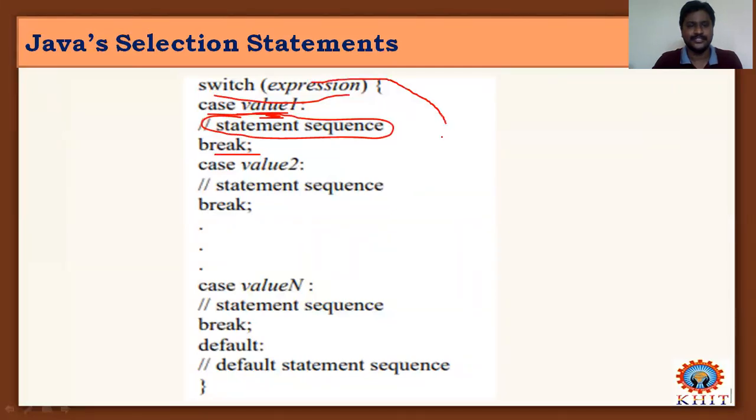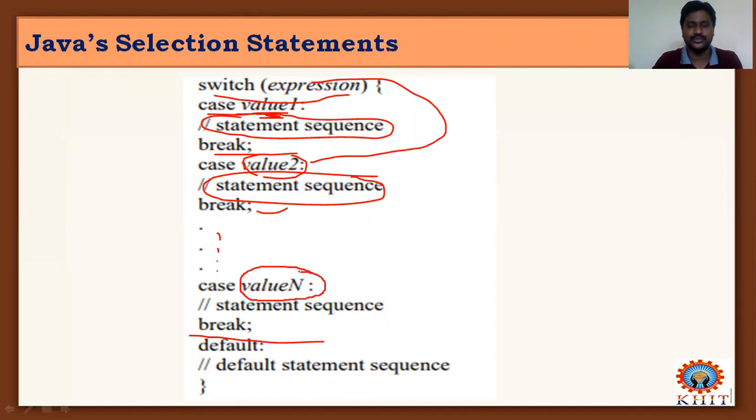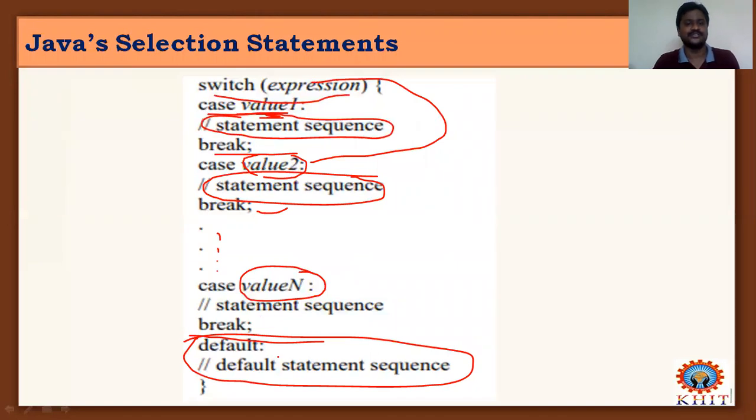Like this, it repeats for the cases of different values you wish to give in a switch block, and later it has one default statement sequence, indicating that if the expression does not match any case value given by the user, it simply switches to the default case to execute that part of the program.